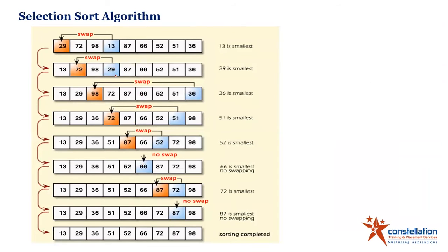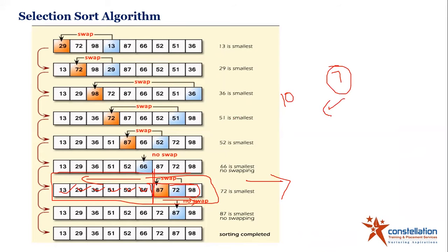Let's suppose till here. Let's consider this part which I'm highlighting over here. Now you can see we have one part on the left and the other part on the right. On the left, all the elements are already sorted. Can you see this? All the elements are sorted. On the right side, the elements are unsorted. So if there are 10 elements and the loop has run 7 times, basically you have 7 elements which are already sorted. Okay, so this is what happens in selection sort.